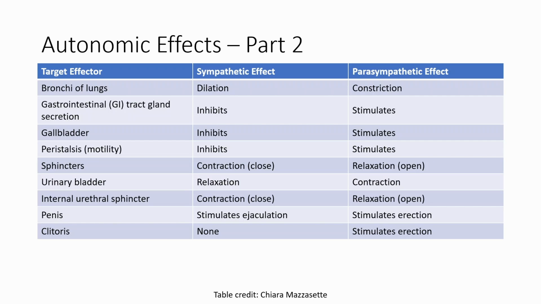Over here, we see a lot of opposites. So like with the gallbladder, we see that the sympathetic effect inhibits it, parasympathetic stimulates it. And you'll notice like with the GI tract ones, like the GI tract gland secretion, the gallbladder, peristalsis, which is the movement of food through your digestive system, you'll notice sympathetic inhibits, parasympathetic stimulates, which if you think about what the purposes of each, it makes sense because